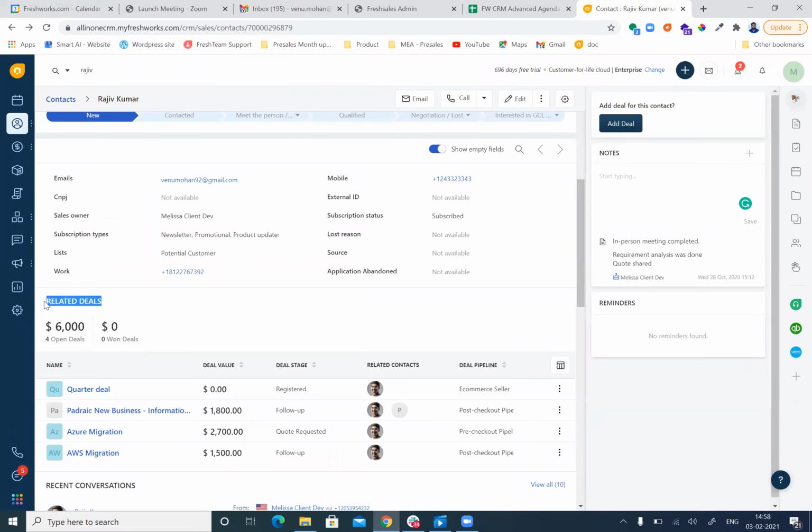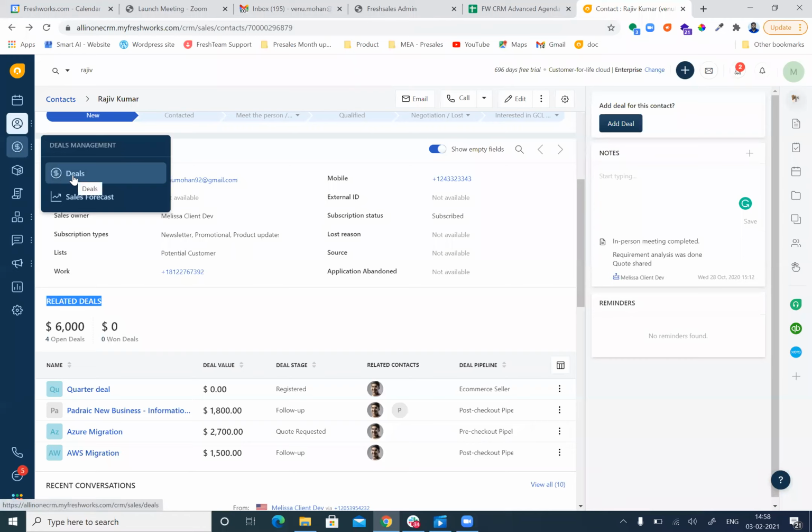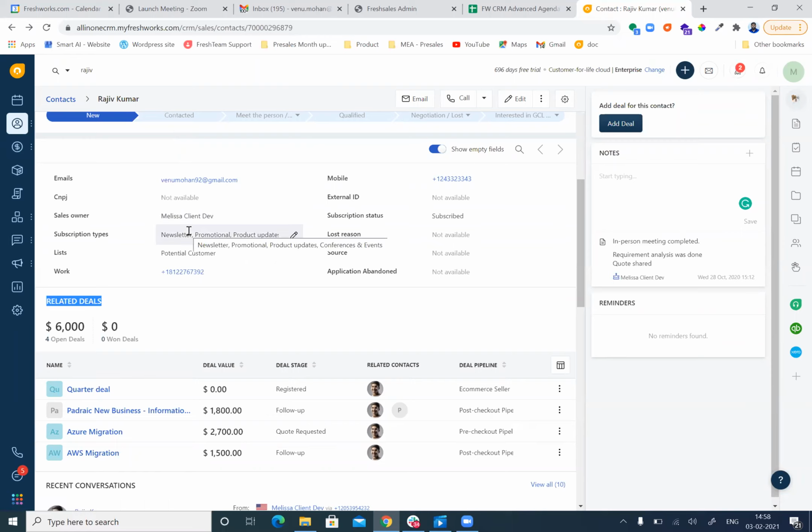This is for one customer-specific page, but you also have the other module called the deal module, which we will touch upon later in today's session. That will show you the entire progress of all the customers, where they stand, how many of them are in the negotiation stage, how many opportunities you won, you lost, and how many new opportunities you have generated.